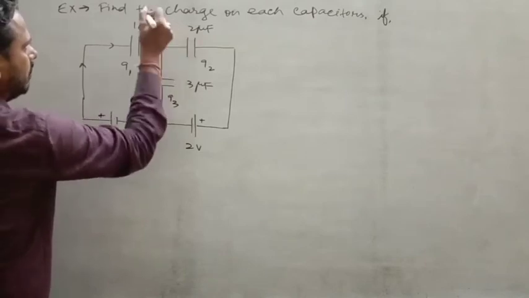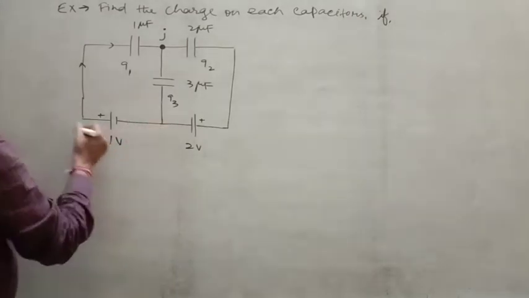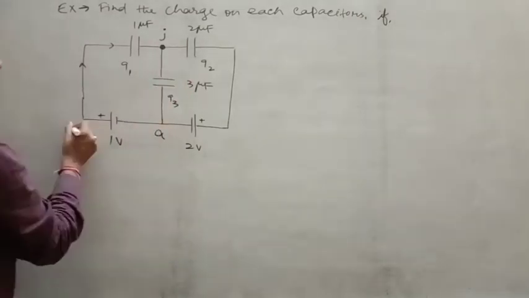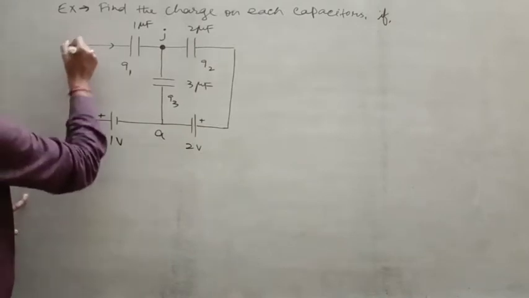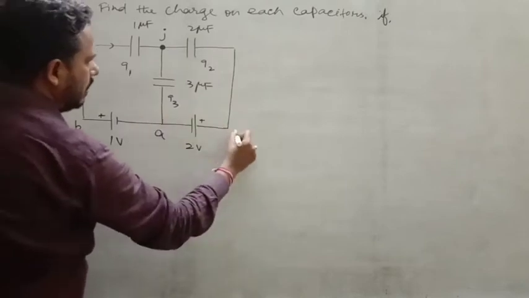Suppose this one is a point G, and we consider the points A, B, C, D,